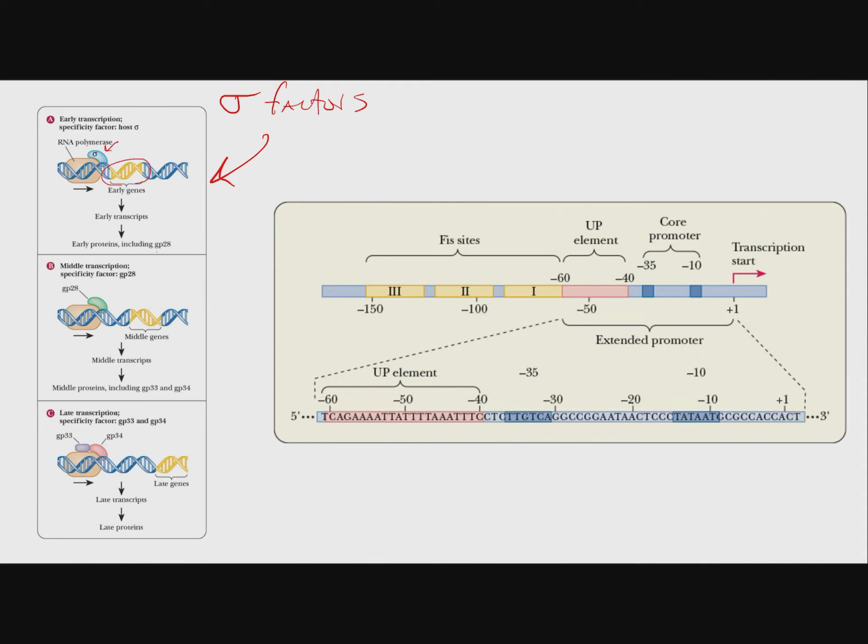So we get some early proteins, including a protein called GP28. Now, GP28 is itself a sigma factor. So now GP28 has been made, and it's going to recruit RNA polymerase to go and find these middle genes and transcribe them. Those are going to include some more sigma factors that will go and get RNA polymerase to transcribe other genes. And so by transcribing the genes that code for sigma factors, you can actually get RNA polymerase to go to other specific parts of the genome and start